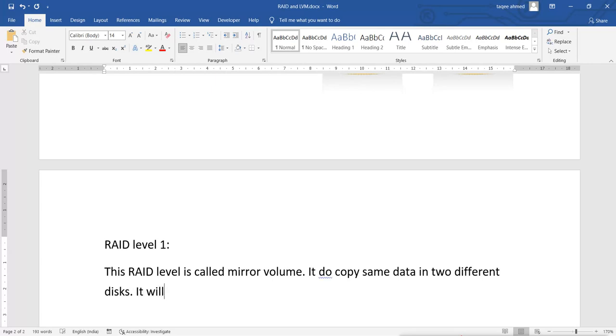Now this will do what? It will give full redundancy. That means if we lose any one disk from those two disks, we can still get the data.